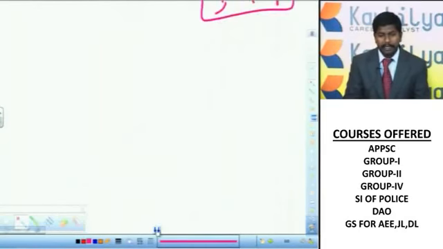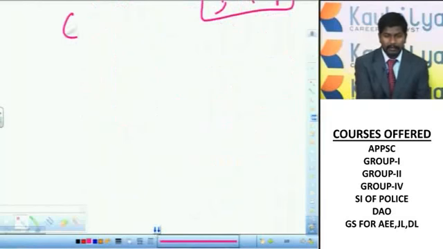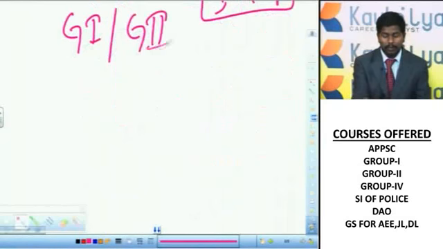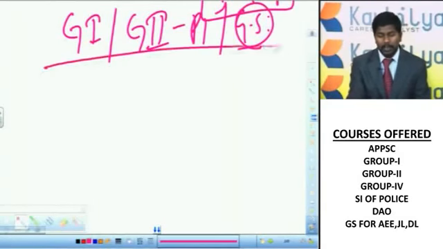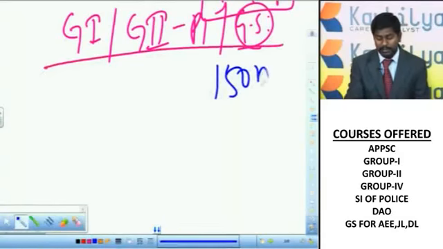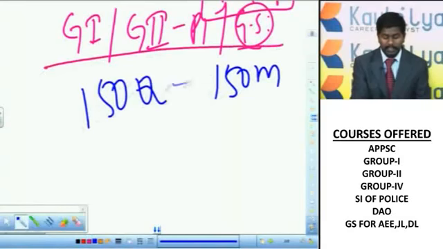Friends, if you take up any exam conducted by the APPSC, whether it is Group 1 prelims or screening test, or Group 2 paper 1, or the general studies paper for various exams like junior college lecturers, degree college lecturers, polytechnic lecturers, and assistant executive engineers, there will be one common GS paper. In all these exams, the GS paper is for 150 marks and there will be 150 questions. Each question carries 1 mark. It is a completely objective test.